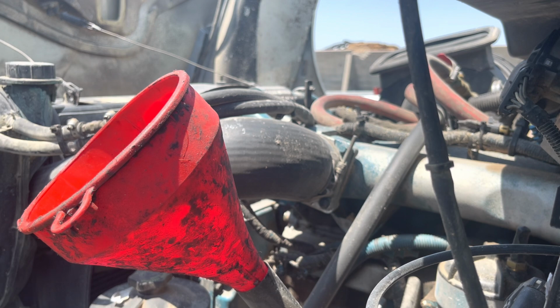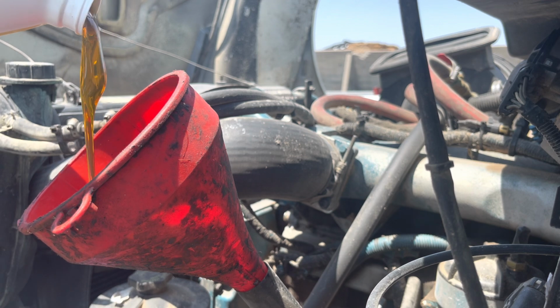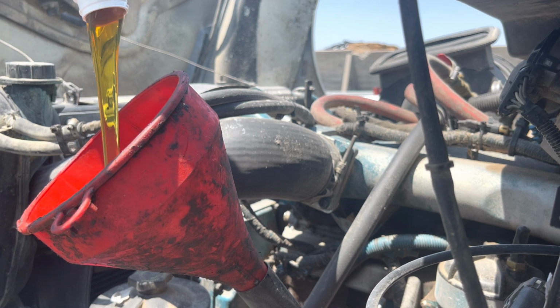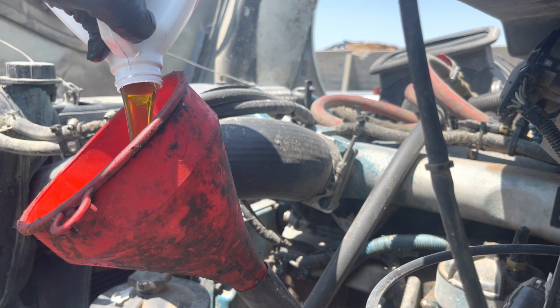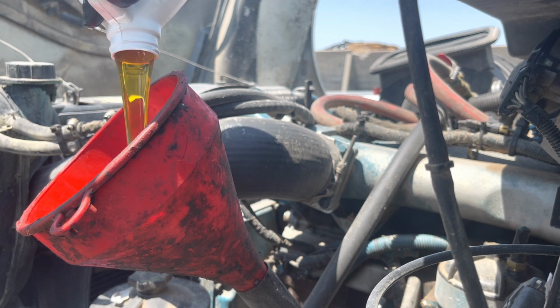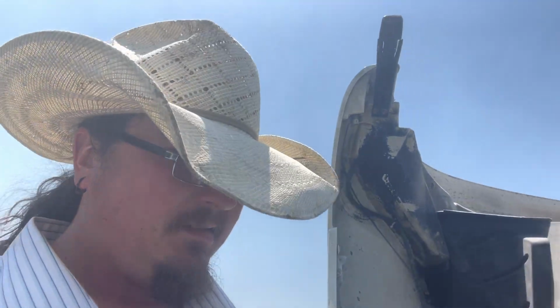All right, you can see we got our drain fill cap out, got our funnel in, made sure it's clean. We start with the Lucas. You see a lot of people don't like it because of how thick it is, and you can see how thick this stuff is. But it's going to help with our compression. That's why we're doing it. But we'll start out with this, a gallon. Then we got 2.5 gallon jugs, which bring us to 6, and then 1 more gallon. And after we get our 7 gallons in there,